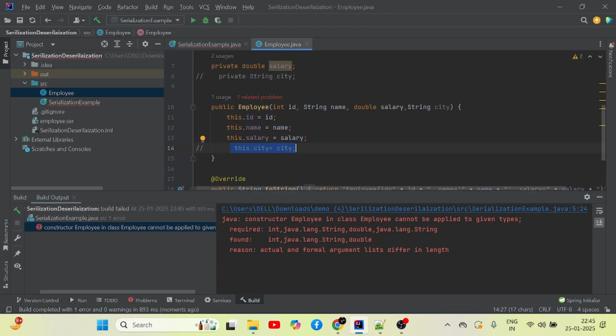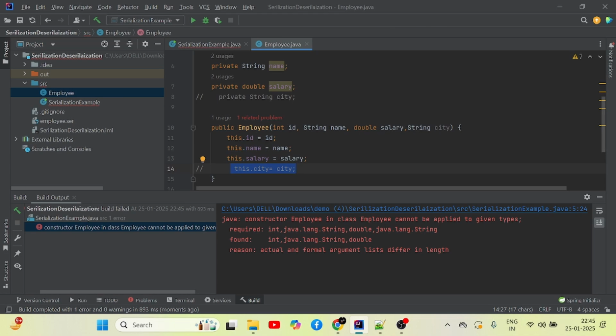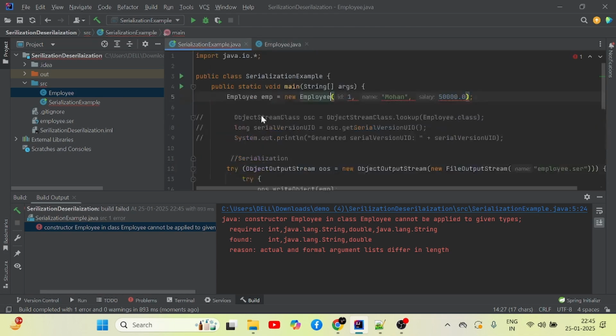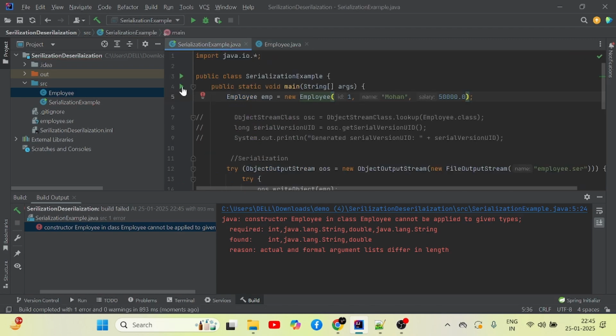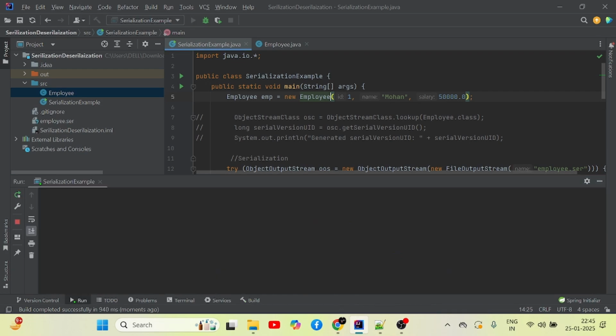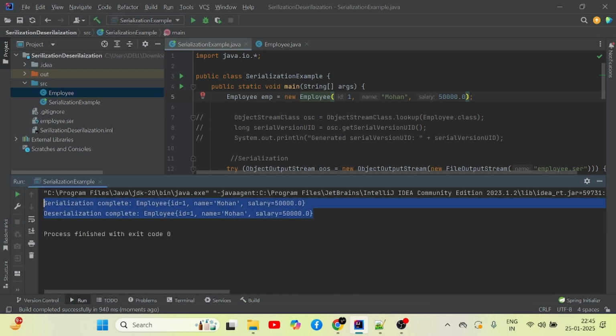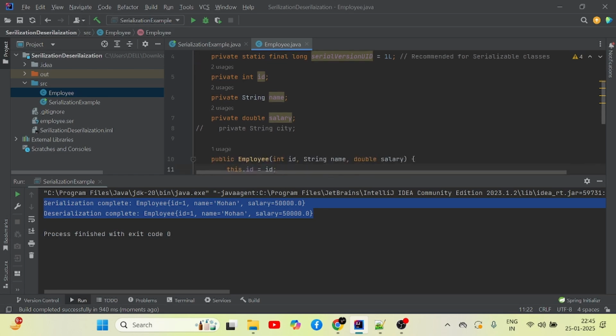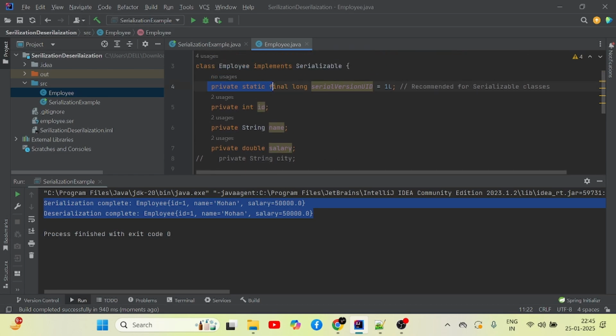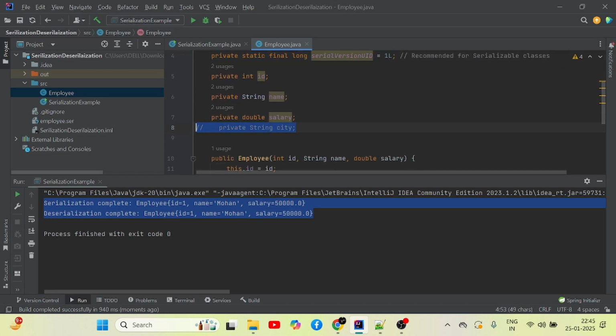Need to remove this also. So come here, run this. So this is serialized, right? Again we can go here. This time we can keep the serial version UID as it is. We can uncomment this,